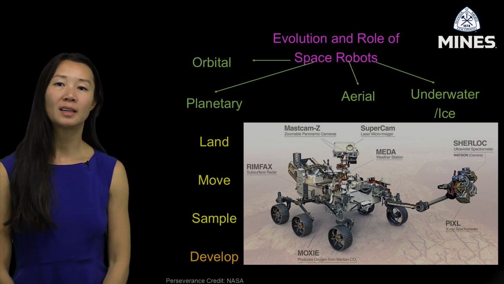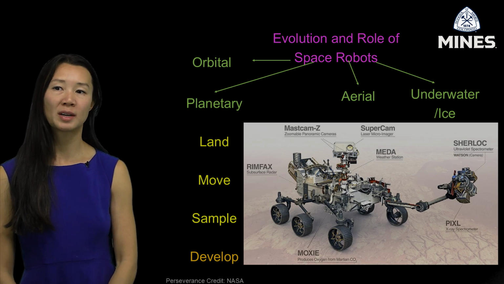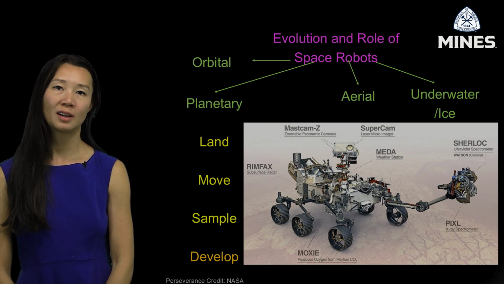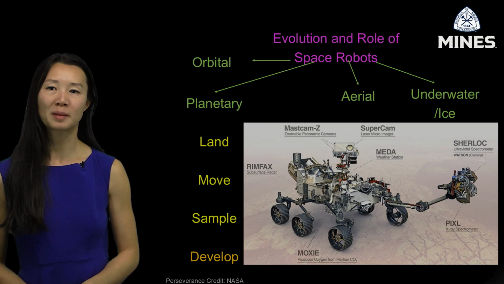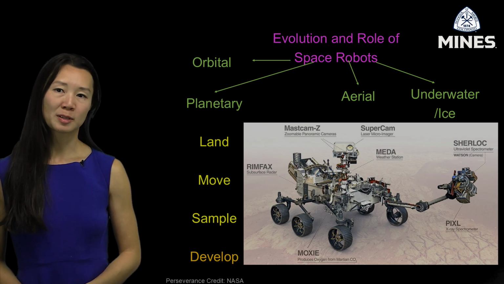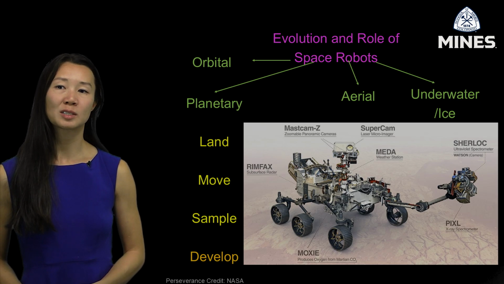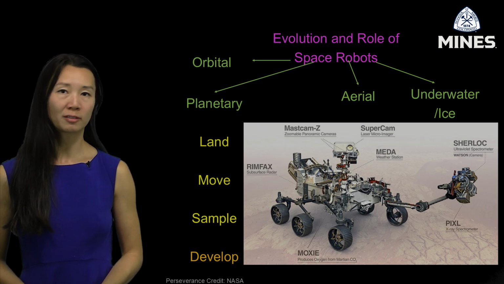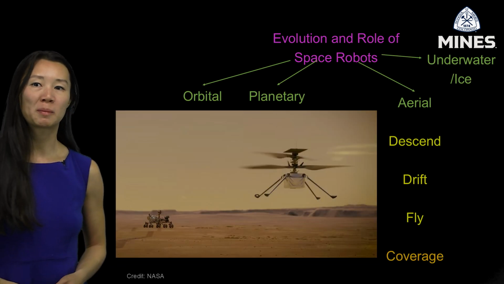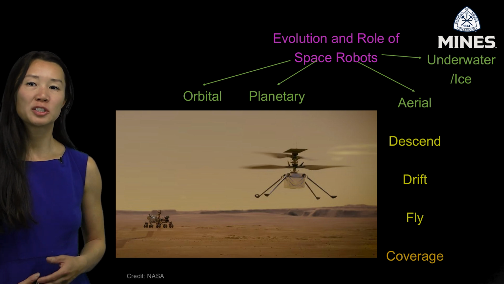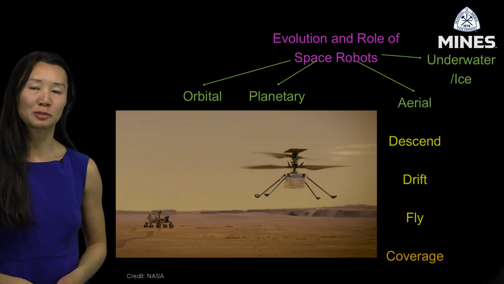A capability yet to be seen in space is a robot developing a planetary surface, colloquially known as terraforming. There are many concepts on Earth that I would love to see in space, such as RASSOR, but none have flown yet. Aerial space robots have evolved in their role from just being an entry, descent, and landing solution